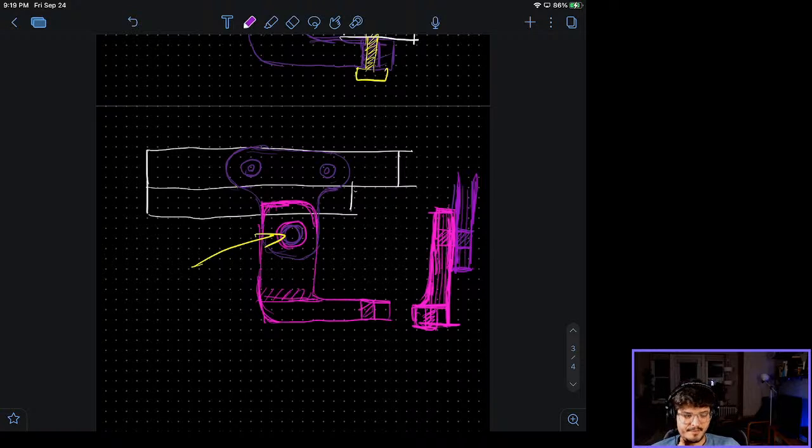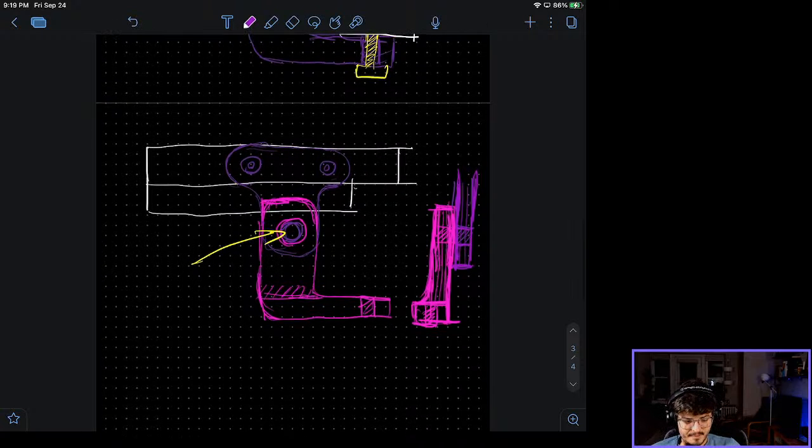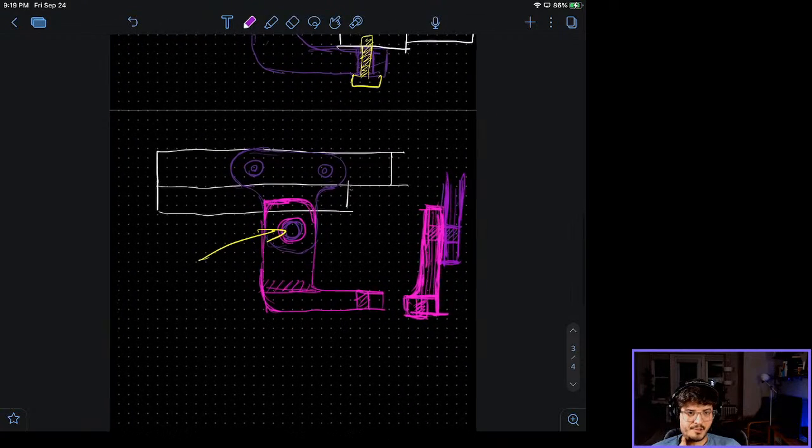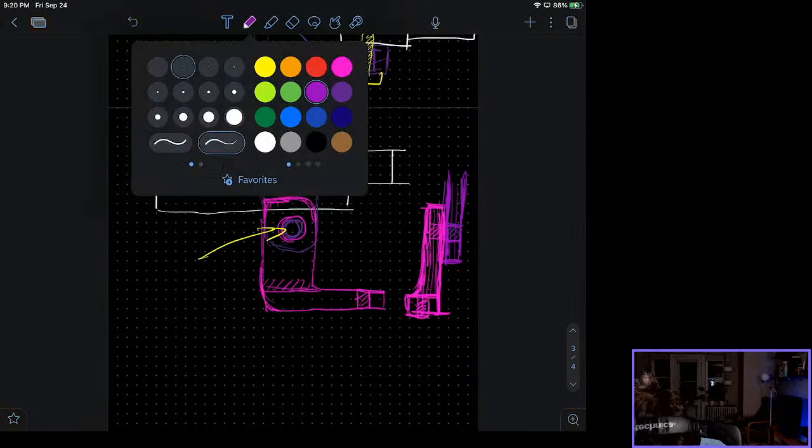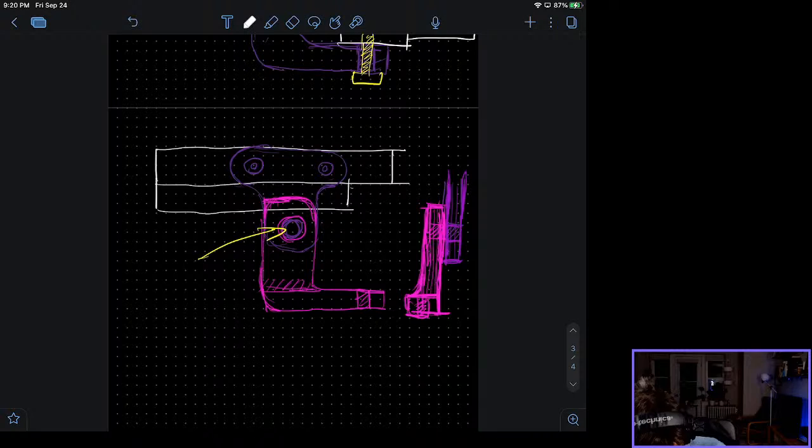So now I just need to figure out a couple of measurements then. Essentially I need to know how far this is to any arbitrary thing. I guess it will be the top of the shelf. I need to know that measurement so that I can actually get it there.